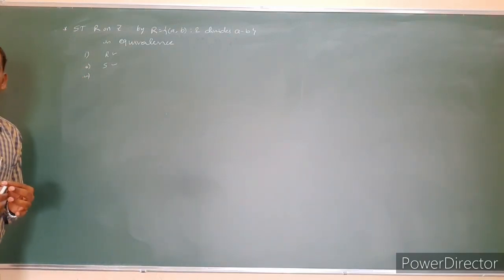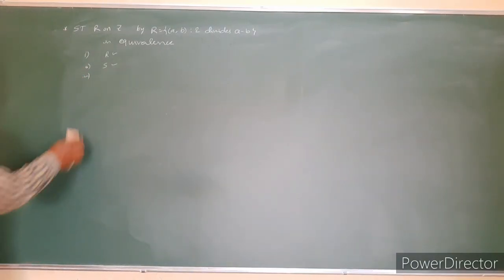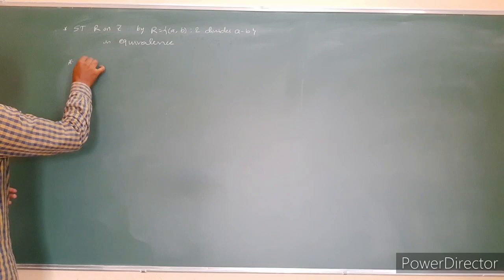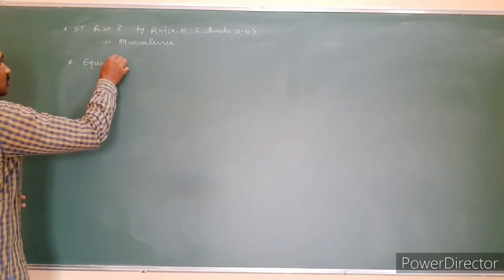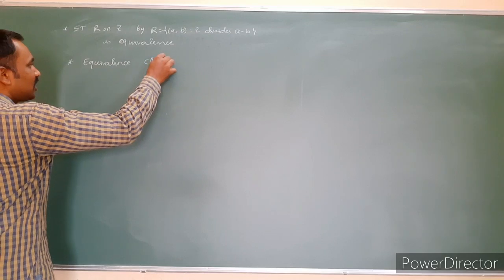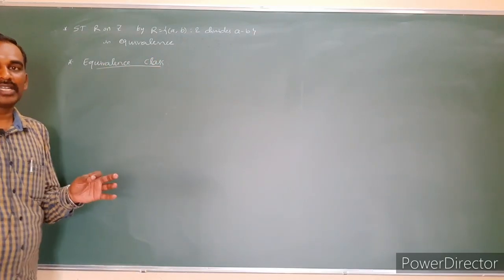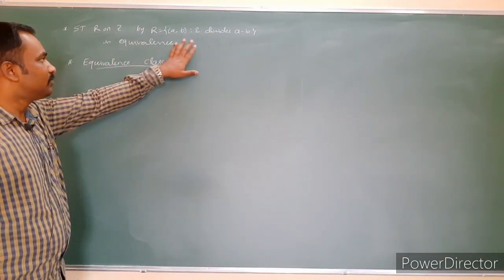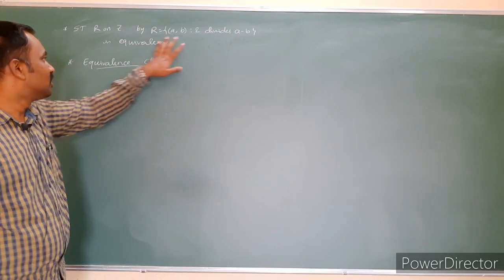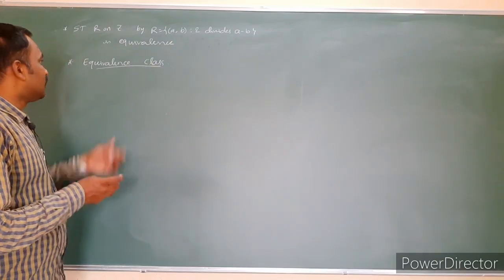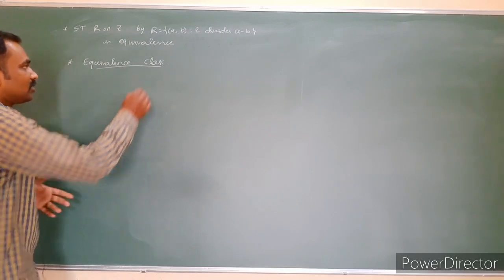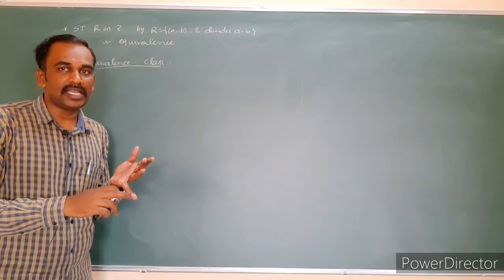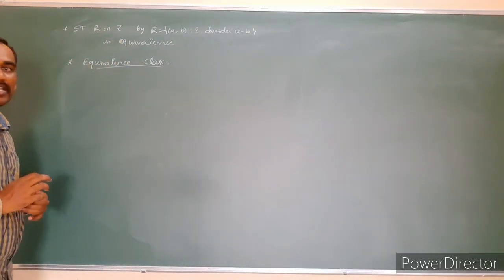Here I need to explain one more point. What is that one more point? It is nothing but the equivalence class. What is the equivalence class? To discuss the equivalence class, first of all, we should have an equivalence relation. Already I have an equivalence relation. I hope we can easily prove this relation is an equivalence relation. Prove it, homework problem. Anyway, to discuss the equivalence class, as I mentioned, the relation should be an equivalence relation, and yes, already the relation is an equivalence relation.